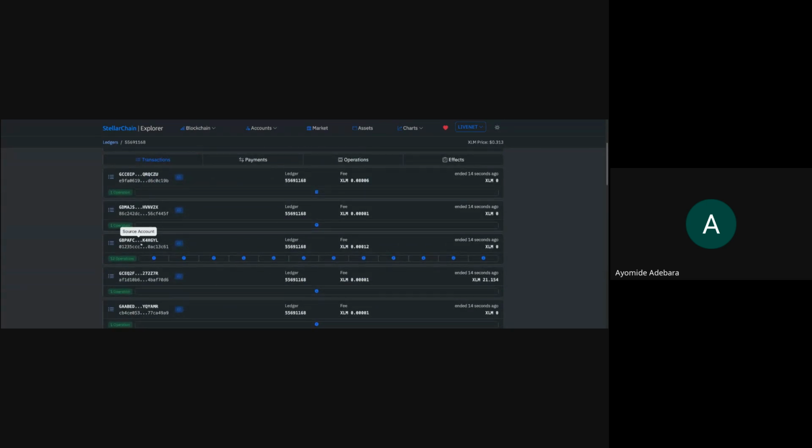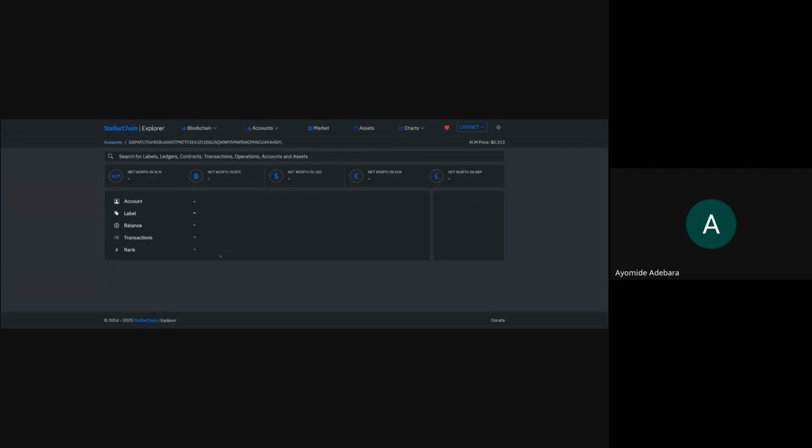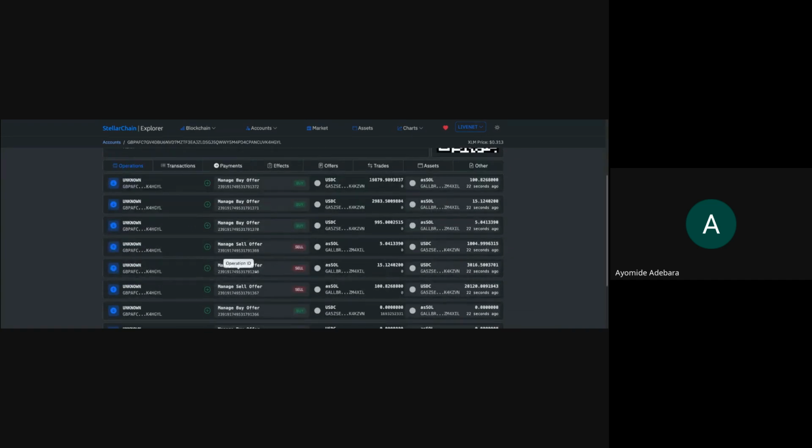Inside of this transaction, notice this one. This particular transaction has 12 operations. Did you notice that? It has 12 operations. Let's open it and see all the operations inside of it.